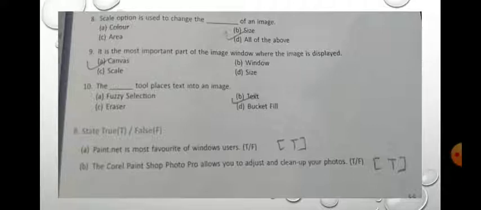Second is the Corel Paint Shop Photo Pro allows you to adjust and clean up your photos. This statement is true.